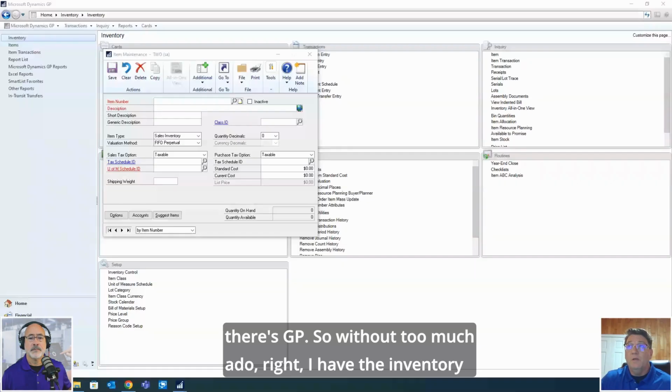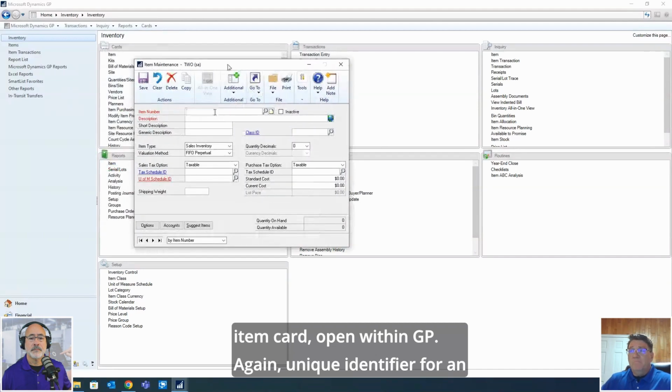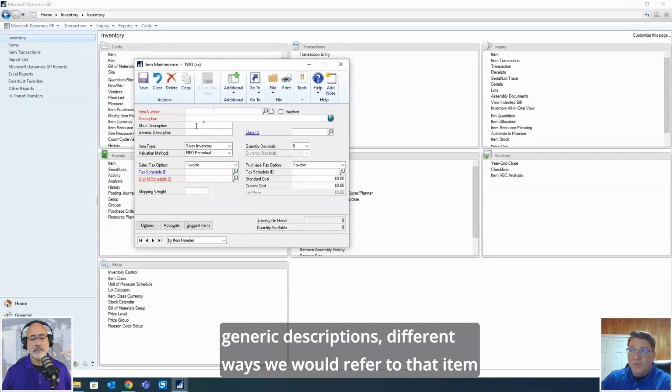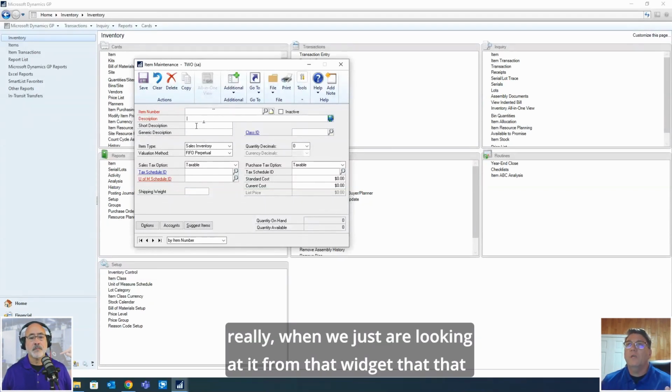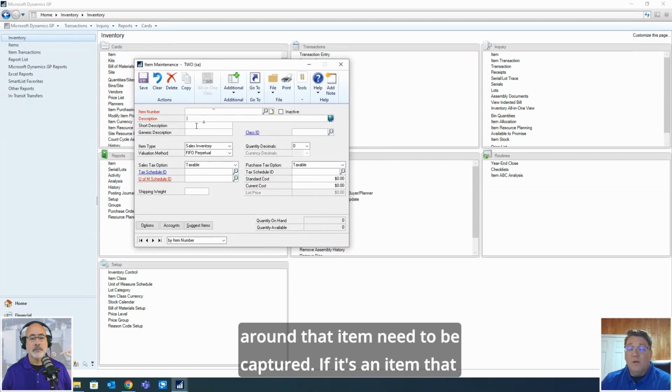Awesome, there's GP. So without too much ado, I have the inventory item card open within GP. Again, unique identifier for an item. A place for a description is included. Short descriptions, generic descriptions, different ways we would refer to that item really when we just are looking at it from that widget, that piece that it happens to be. And then, of course, other things around that item need to be captured. If it's an item that we stock,